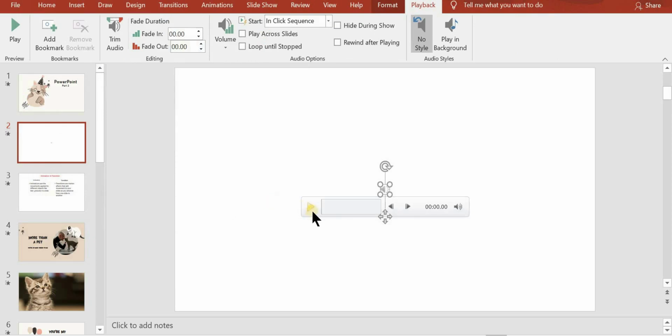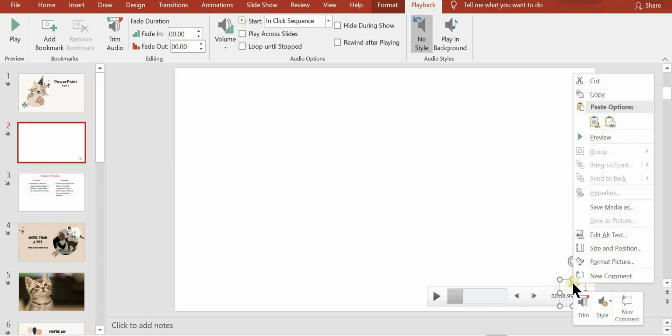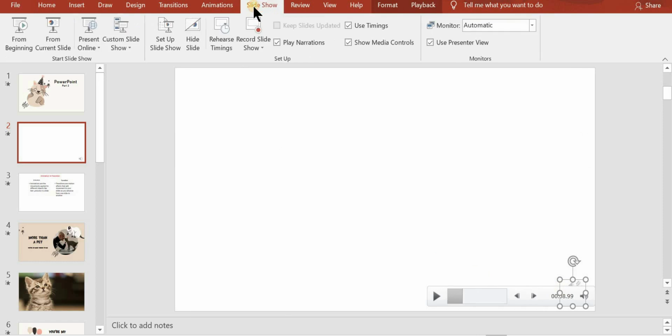Now you can listen to that music. You can see one volume speaker icon here, that you can move to some other place, and during the slideshow, that music audio you can listen from current slide.